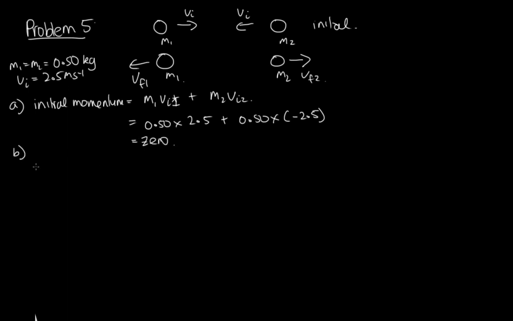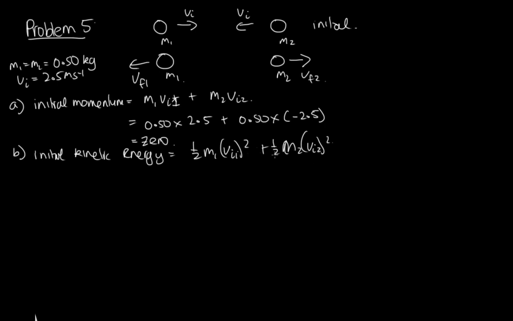Now part B says calculate the initial kinetic energy of the system. So initial kinetic energy is equal to a half m1 v initial 1 squared plus a half m2 v initial 2 squared. Now kinetic energy is not a vector, so the direction of this velocity doesn't matter. So we've got a half times 0.50 times 2.5 squared plus a half times 0.50 times 2.5 squared, and solving that on the calculator